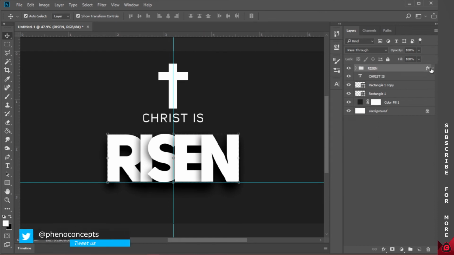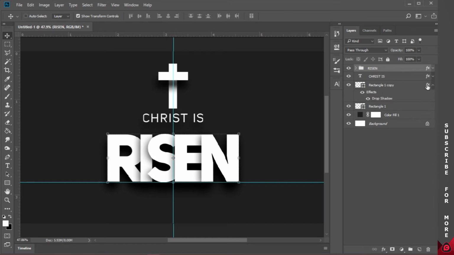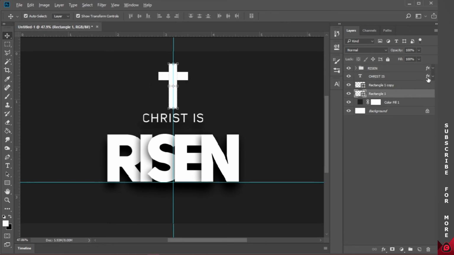Now I'll place the same drop shadow for this text and the vertical rectangle. So that is very simple. Just hold down Alt and click and drag onto the Christ is, and it's just going to duplicate that effect. So I'll do that over here as well. Now on the vertical, so this is the vertical rectangle, so I'll just click and drag and drop it onto